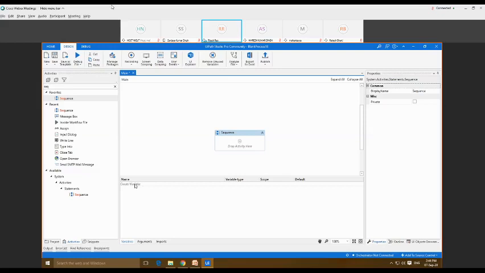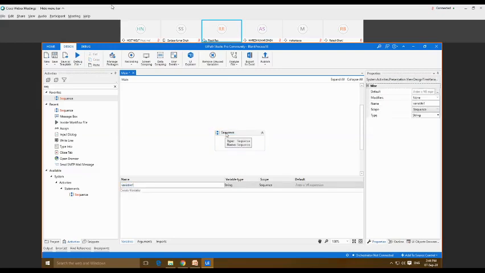Now we can give the name to this variable for this particular file. Here we can select the type for that variable, starting from boolean, integer, string, object, array, and we can also browse here and select some other variable type. And this is the scope.